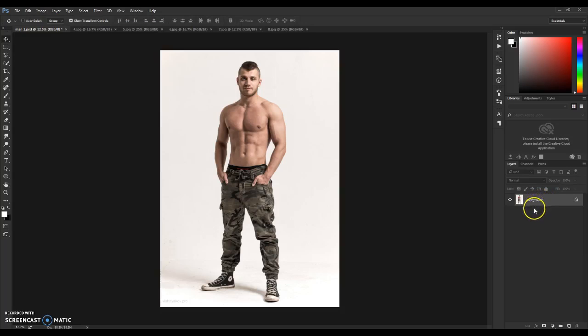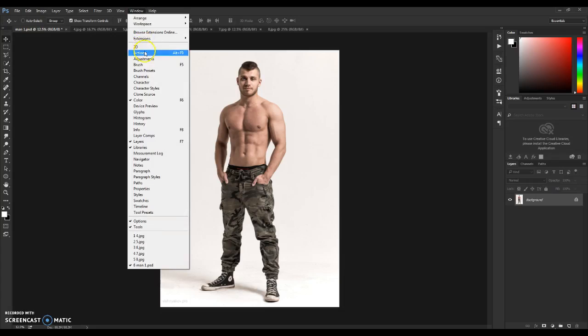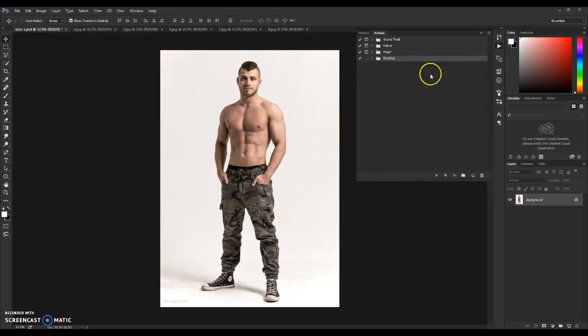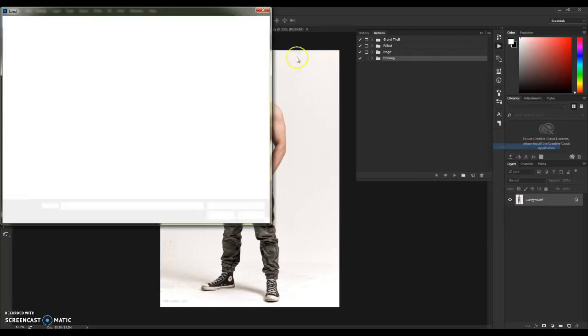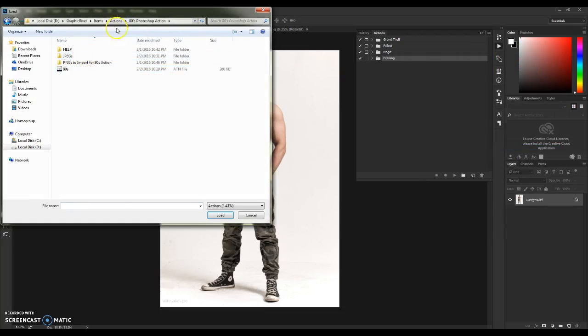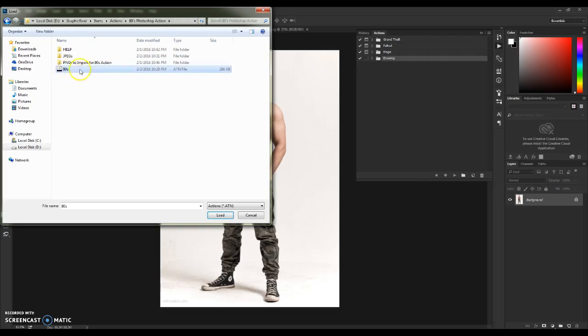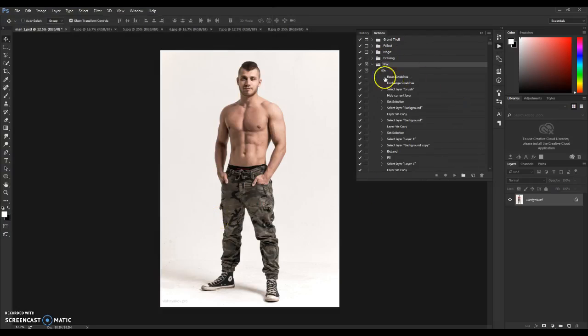So after you set it up, you need to load the action and the brushes for the action. First we're gonna load the action, so go to Window, Actions, and when you open that tab, go to this box here, click on Load Actions, and after that go to your 80s Photoshop action folder and click on this 80s ATN file and click Load. After it's loaded, it will be like this. So open this folder